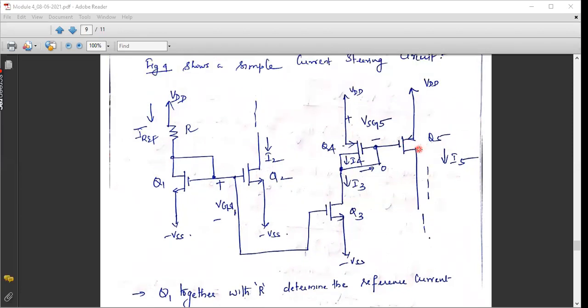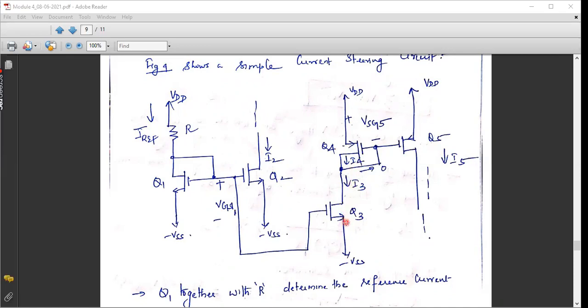So when Q5 is the output transistor that we are considering, the output current will be I5, which will be dependent on I4. So as far as Q5 is considered, the reference current is nothing but I4. Just like these two current mirror circuits, if I'm considering I2 as output current, the reference current is IREF. Here, if I'm considering I3 as output current, the reference current is IREF. Just like that, if you consider Q4, Q5 together, and I5 is my output current, then which is your reference current, student? It is nothing but I4. Clear? Where I4 is equal to I3.